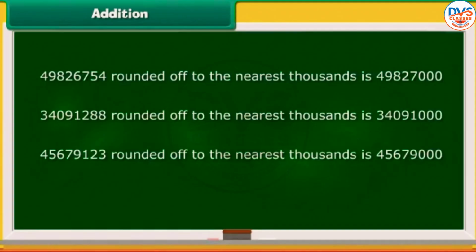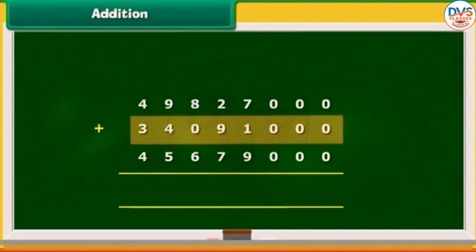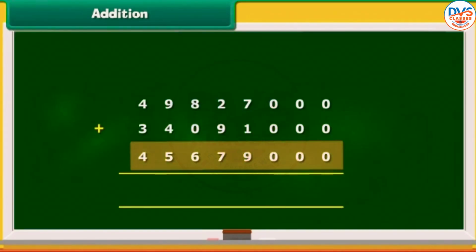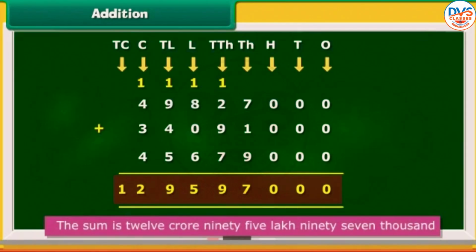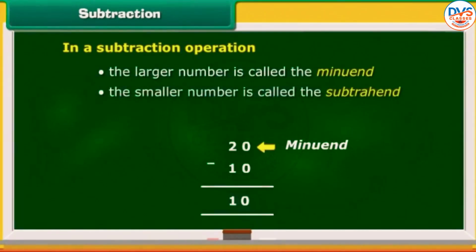34091288 rounded off to the nearest thousands is 34091000. 45679123 rounded off to the nearest thousands is 45679000. Now add 49827000, 34091000 and 45679000. The sum is 129597000. Subtraction. In a subtraction operation, the larger number is called the minuend, the smaller number is called the subtrahend,